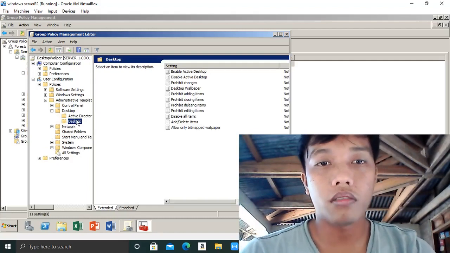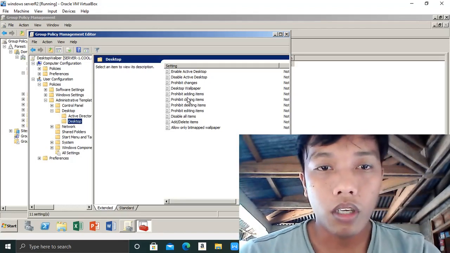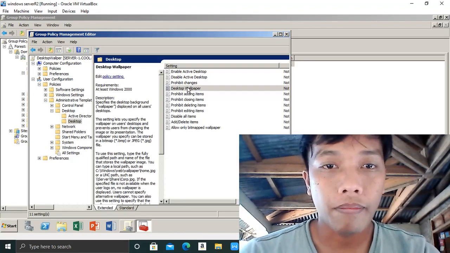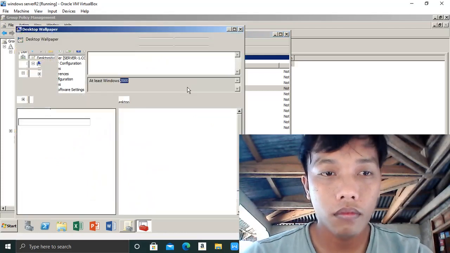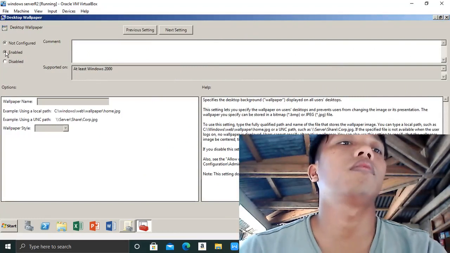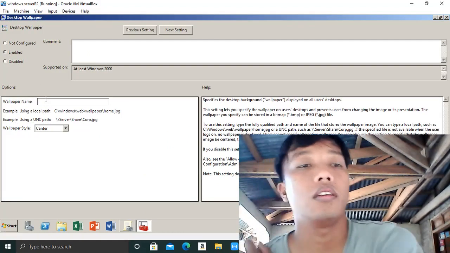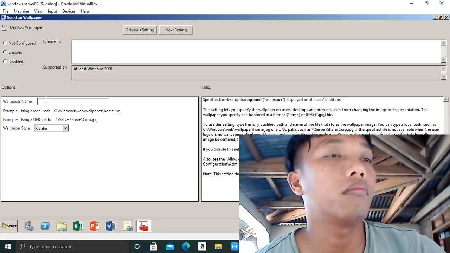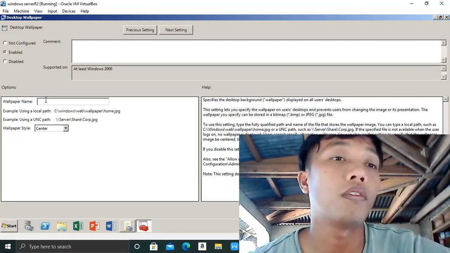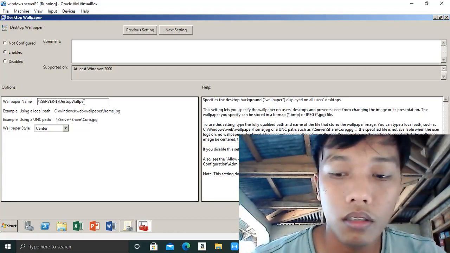Double click on the desktop, then look at the desktop wallpaper, double click on it, then click enable. And this is what I said during that in the folder. You can paste the UNC path, then